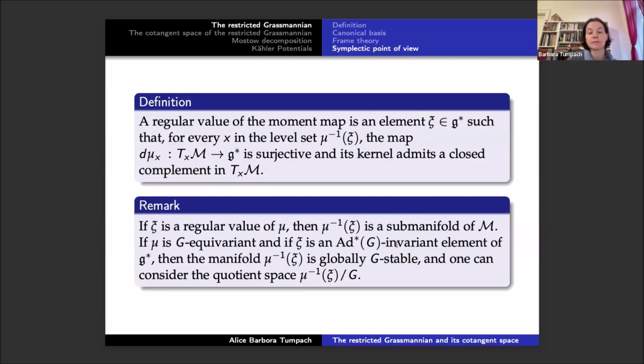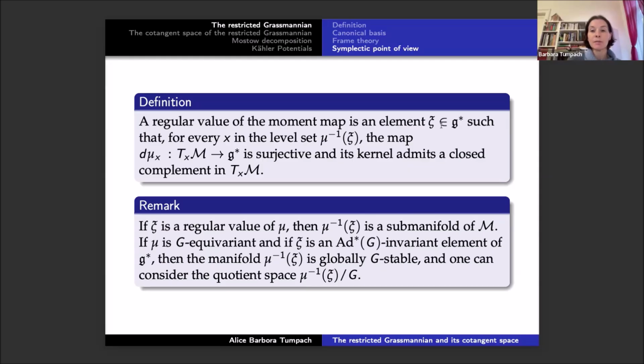And for this, I recall what a regular value of a moment map is. So recall that a moment map is defined on a symplectic manifold M with values in the dual of the Lie algebra of the group acting on M. So if we take an element in the dual space of this Lie algebra, Xi, we say that this is